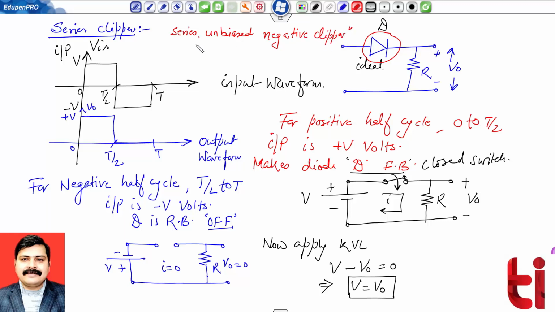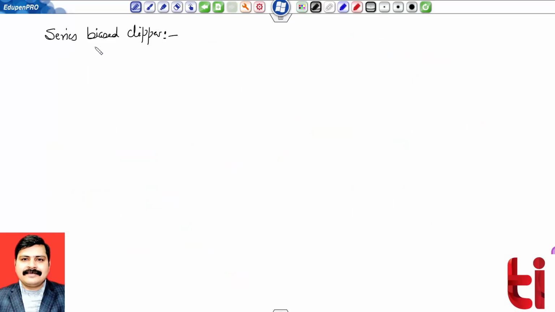So we must be in a practice to write this comment after solving a problem of clipper so that we can justify which type of circuit was given. Okay. So this is my series clipper, in simple terms, and depending upon the waveform, we will have the accordingly outputs. Whether it is positive or negative, we will see after the working. So it is given as one DC battery is connected.